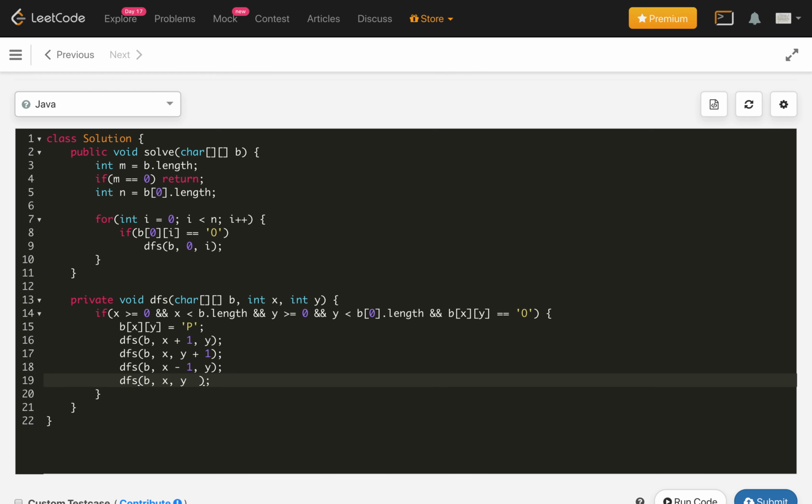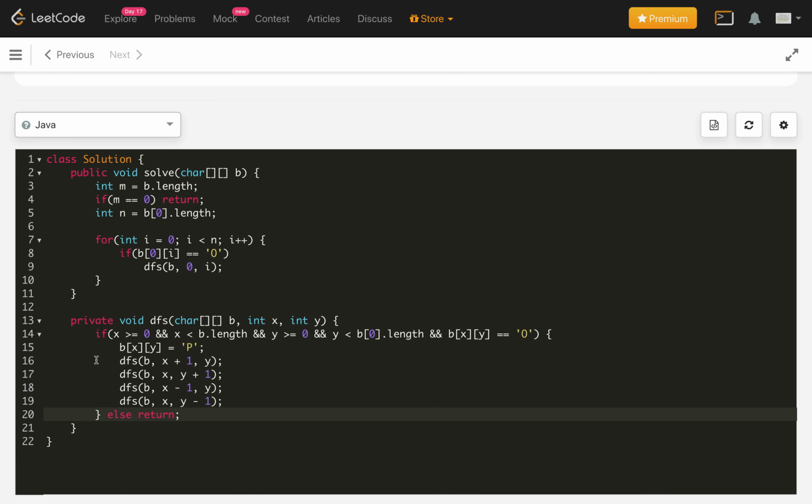So this is what we call DFS in 4 directions. Once we are done with this, if we don't satisfy this condition, we simply return here. So this is our basic implementation of the DFS code.